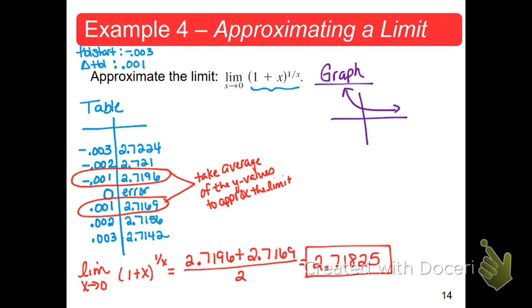Now, we can't see what's happening at the 0. It looks like it continues. We know that there's nothing there, right? But I want to know what is happening here. What y value is this getting really, really close to? Well, to do this, we're going to go to Zoom,